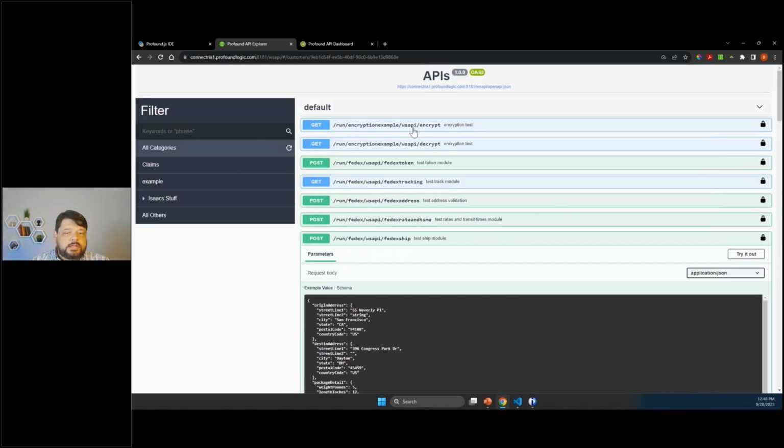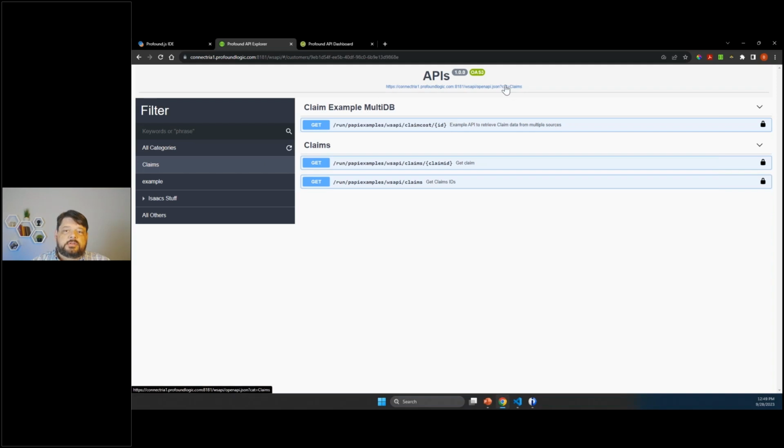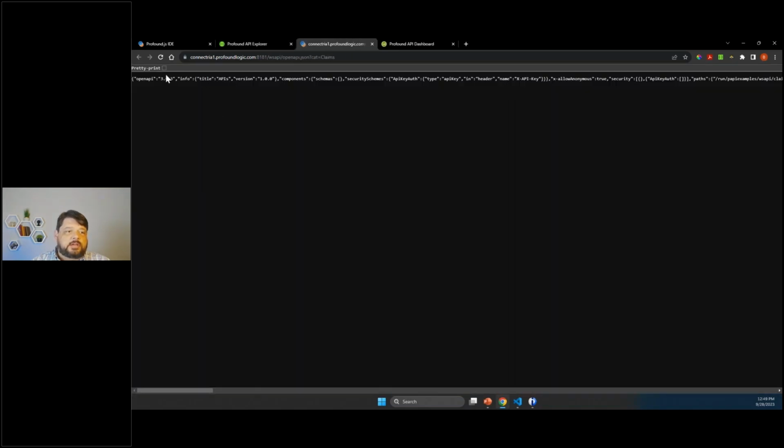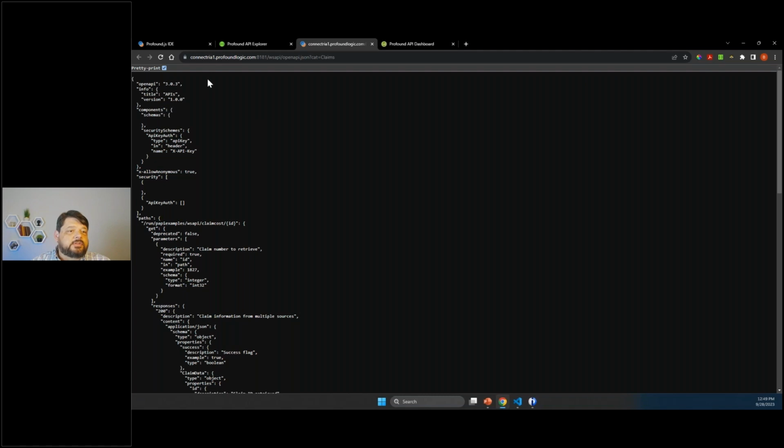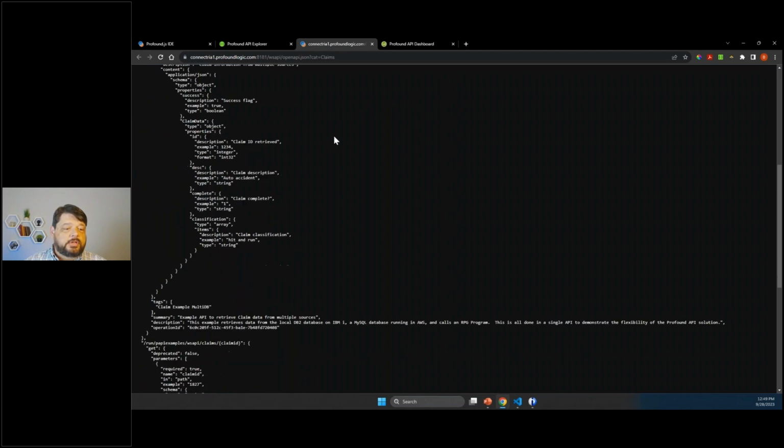And then in addition to having this graphical interface for it, I'll get to a smaller list here. You can see here the link. This is the actual OpenAPI file. So one of your developers that are going to consume your APIs can actually use this URL to go out and import the definitions of your APIs. And depending on what development environment they're working in, a lot of them will actually go ahead and scaffold out the calls for them so that they can cut down on the amount of work they have to do in order to consume your APIs.